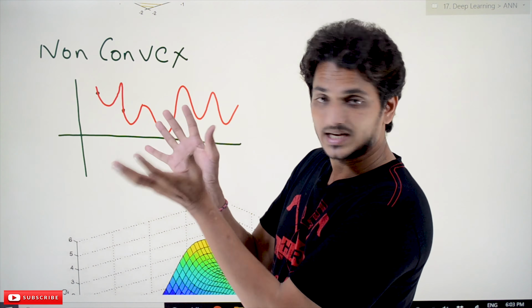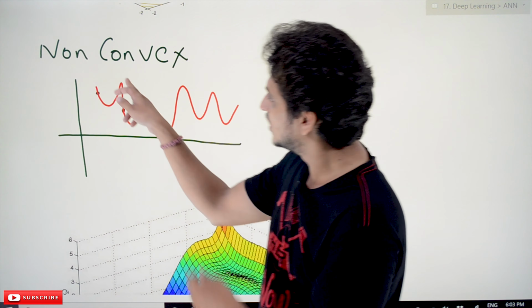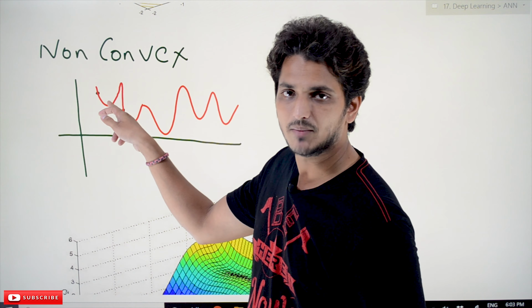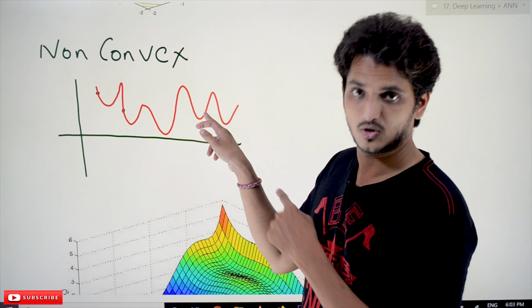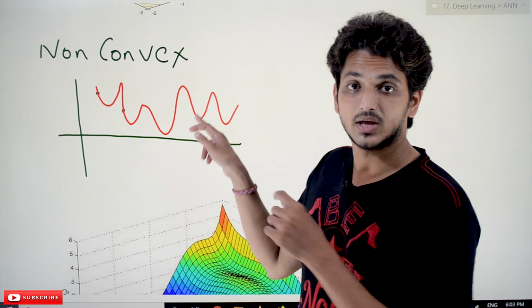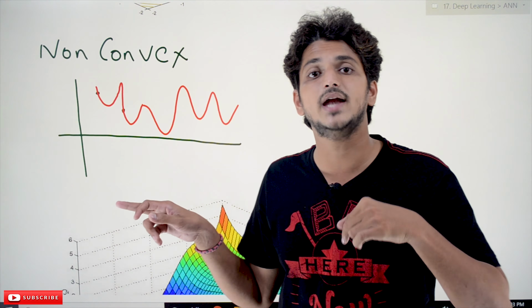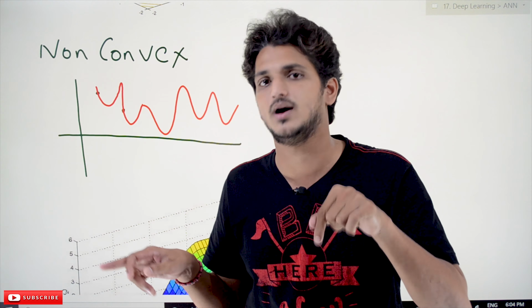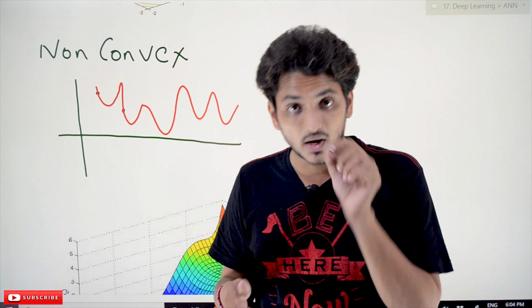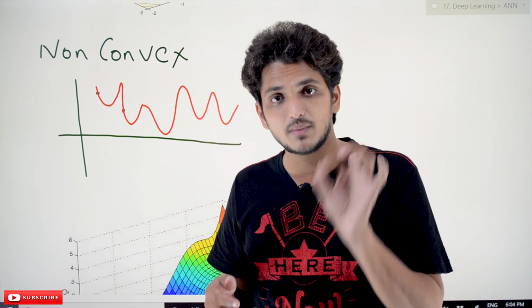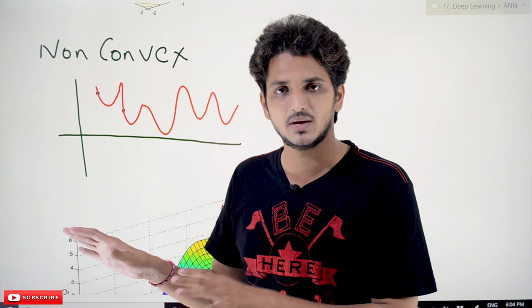See, if you take the W's here and apply stochastic gradient descent, you will end up with this local minimum. If you take W values here, you will end up with this local minima. So the biggest problem with this neural network is that we have to identify the global minima. So how do we identify the global minima value? This is one of the ways, and there are many techniques to identify the global minima.